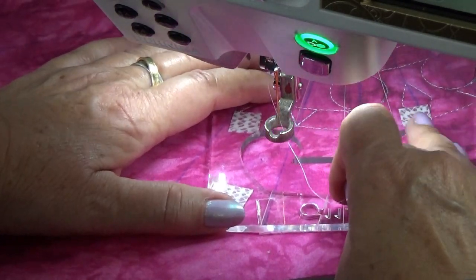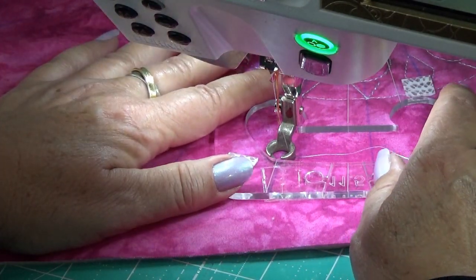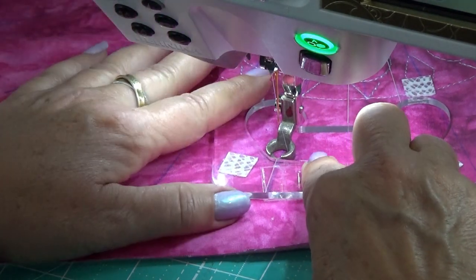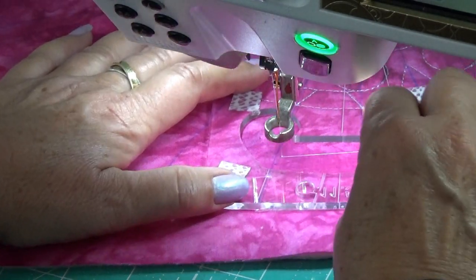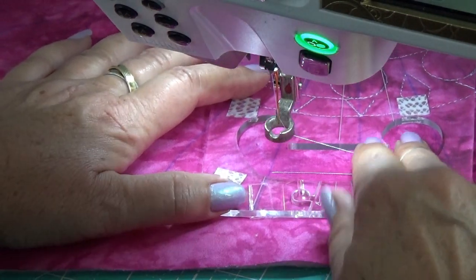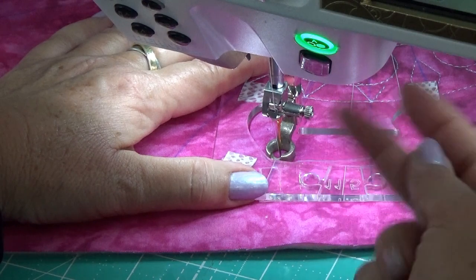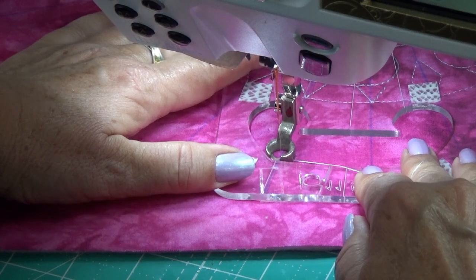Again, the heart, no choice. The ring always has to be on the outside. And because you want to double stitch, you want consistent double stitches all the way around, I'm going to start on the outside. Pulled our threads. We are going to stitch